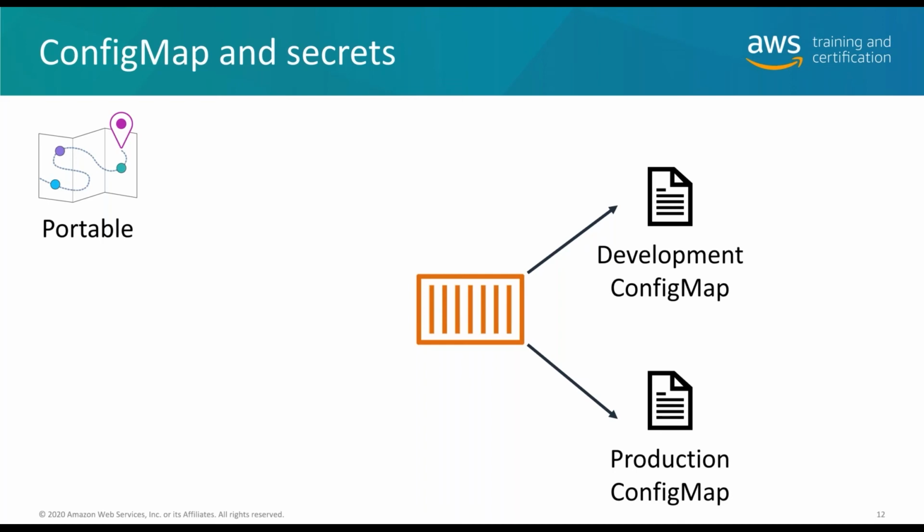So if the pod starts and it has a label of development, it might get a development config map. If the pod starts and it has a production label, it might start with the production config map. And this could actually tell it different things, like I want you to take up this much memory, or I want you to scale to this many copies, right? And if you have sensitive information, you can stick it in what they call secrets,